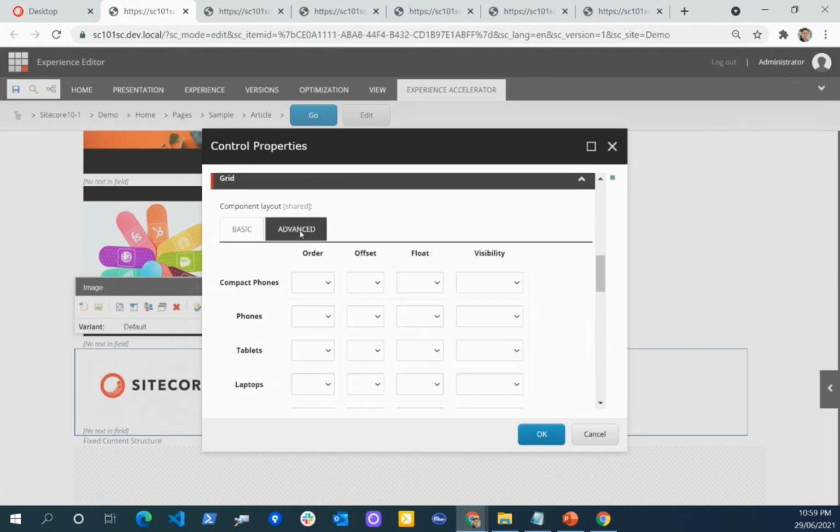With this option, based on the change in size, I can even manage the order, that is, how my component will move across the viewpoint.